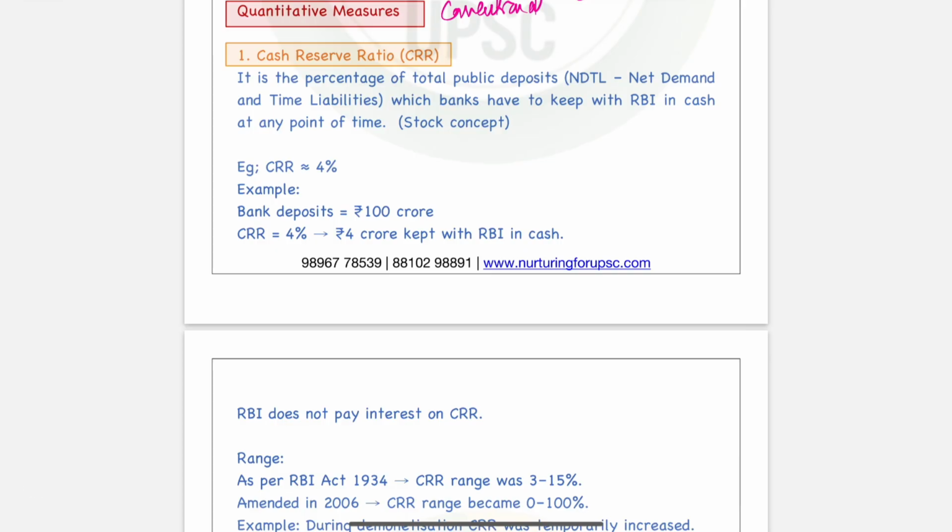तो ये क्या है? It is the percentage of total deposits, they may be like the net demand and time liabilities which banks have to keep with RBI in cash at any point of time. Also like I think by slip of tongue मैंने सेशन 1 में ये कहा था कि CRR जो रहता है वो बैंक्स को उनके खुद के पास में रखना पड़ता है, तो फिर वो मेरे से स्लिप ऑफ टंग था, वो मिस्टेक था। Banks need to keep the cash reserves with RBI, and also it's some part of their net demand and time liabilities। Most importantly like earlier there was a ceiling on कि इसी फिक्स बैंक के बीच में CRR और SLR होना चाहिए था, पर अभी वो है नहीं।